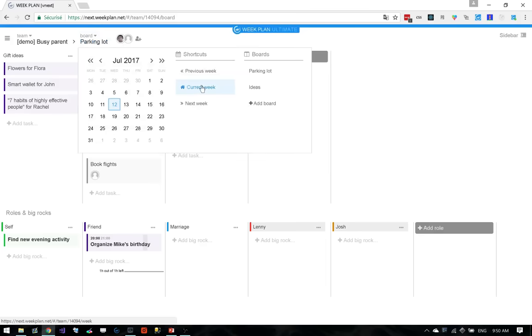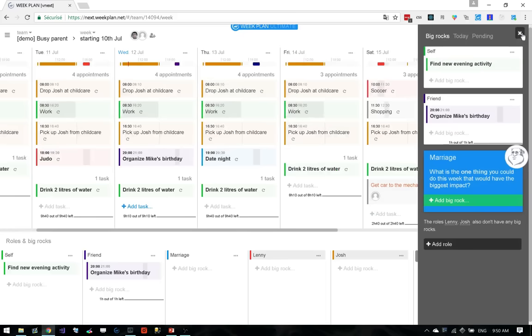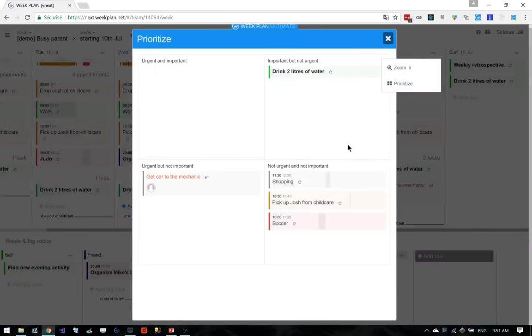And that's really it. I'm trying to think if there's any other important points for you. The last thing maybe is this prioritize button that allows you to see your whole week in a quadrant view. So you can do it at the week level or just at the day level. So if I go here, for example, you'll see the quadrants